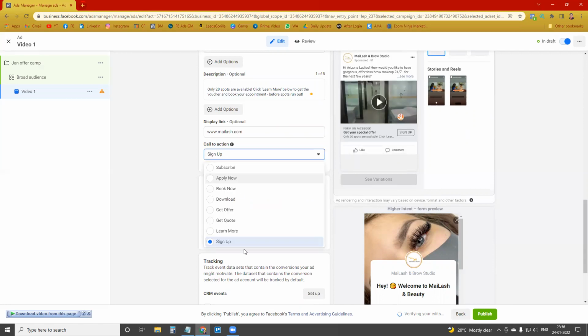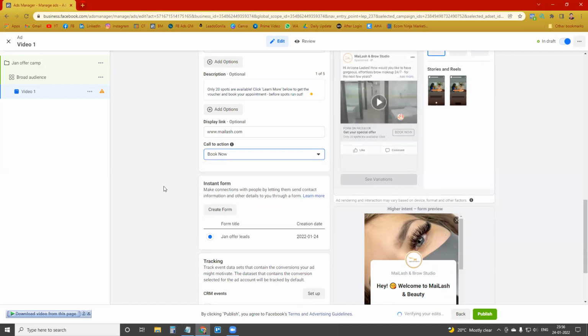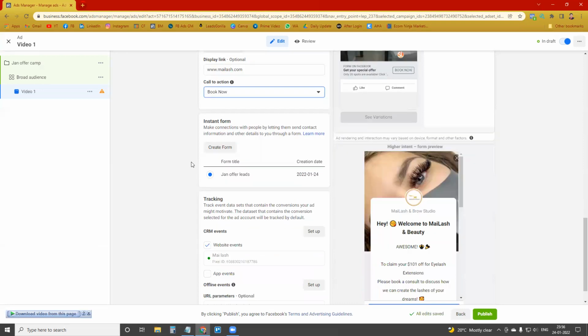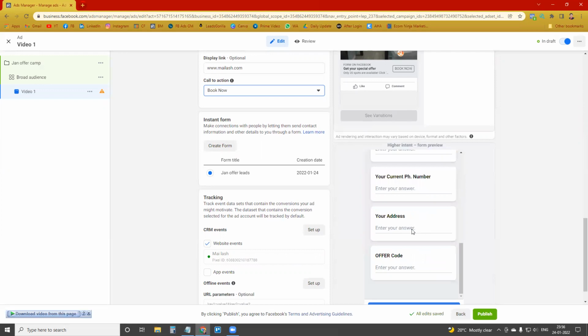And then call to action, you can choose book now. Book now is good. If we are setting appointment ads, then a call to action of book now is good. Okay, and then instant form. I've already created an instant form. So this form will look like this.